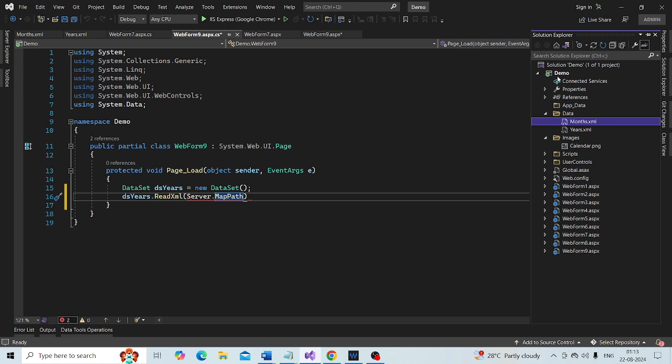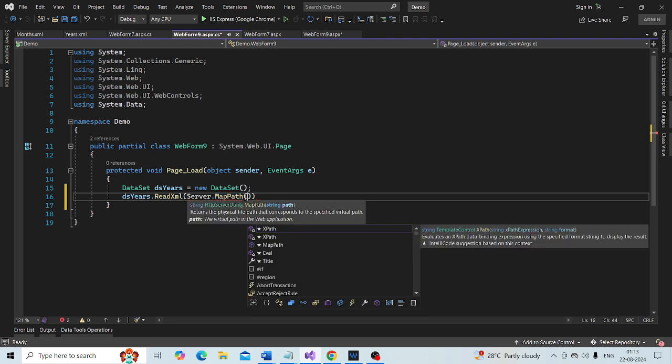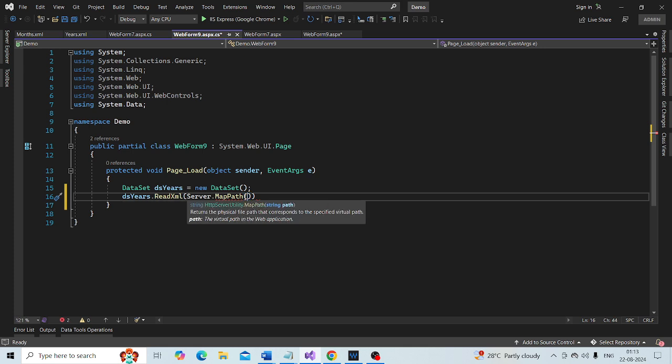The file is present in the root directory of this web application project, within the data folder. And the XML file name is years.xml.